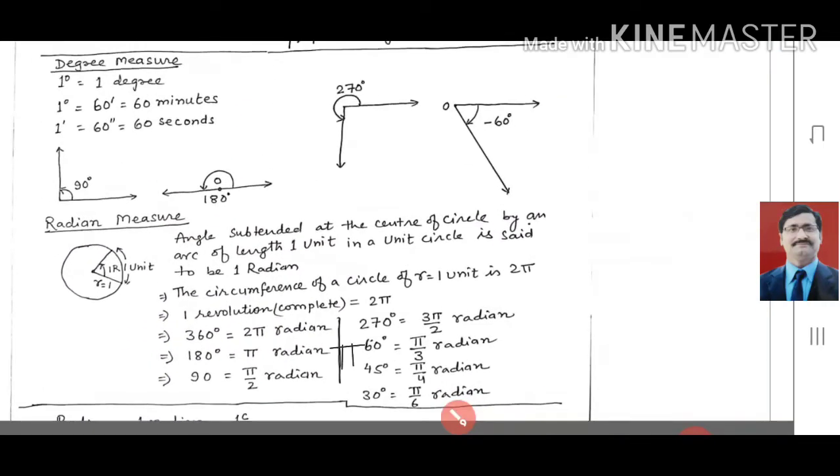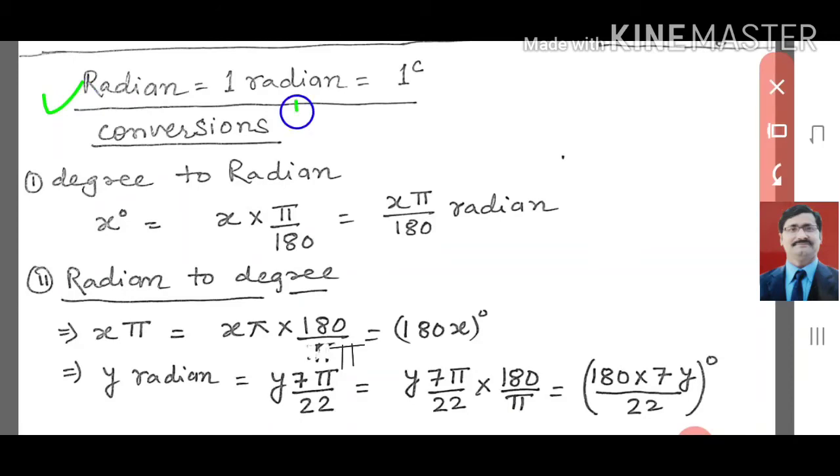Now the main point is how we convert between radian and degree. First we check the radian. Look here, when 1 radian is written, you can write 1 with a power c also. So anywhere you have 1 power c, it is in radian, and 1 power 0 means it is a degree. Okay. Now you have to change degree to radian. How can we change degree to radian? It is a very simple format.